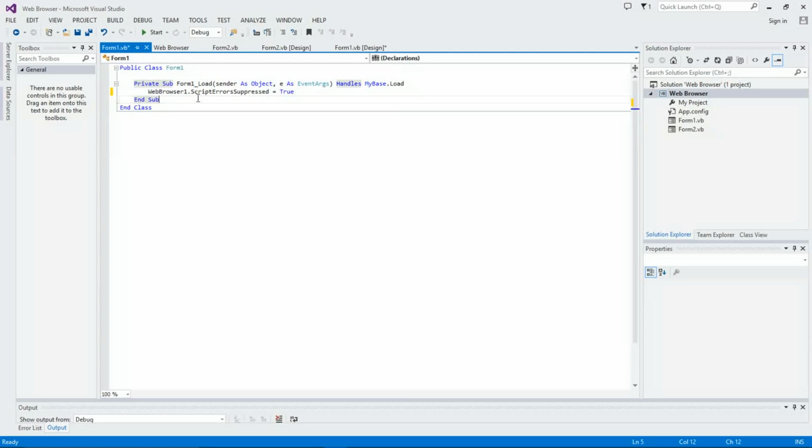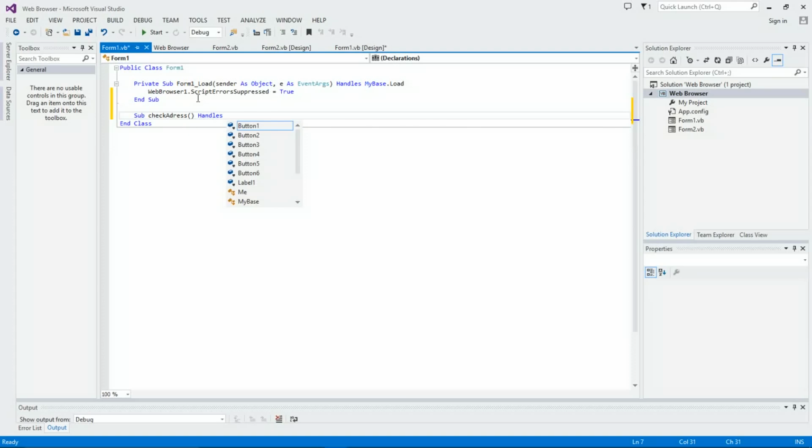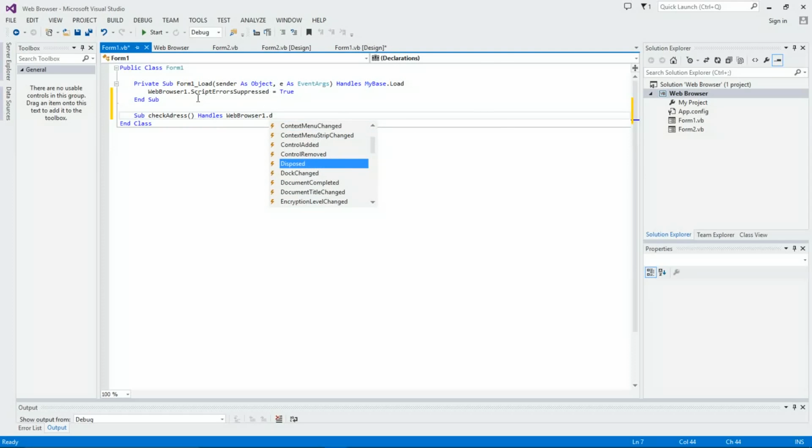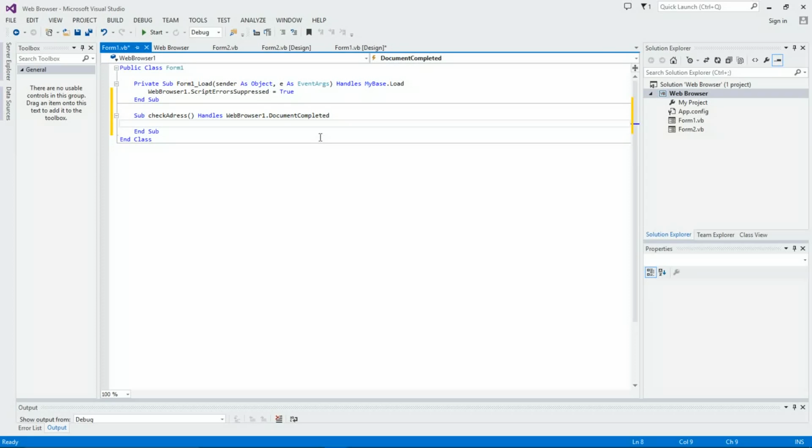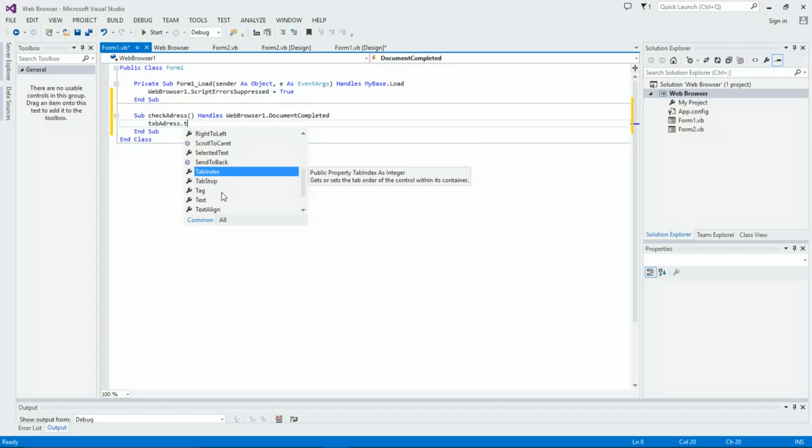And so now we need to go ahead and create a new sub, call it check address, and do parentheses, handles web browser 1 dot document completed. Yeah, and then it'll automatically generate the end sub, and we're going to do txb address dot text is going to equal